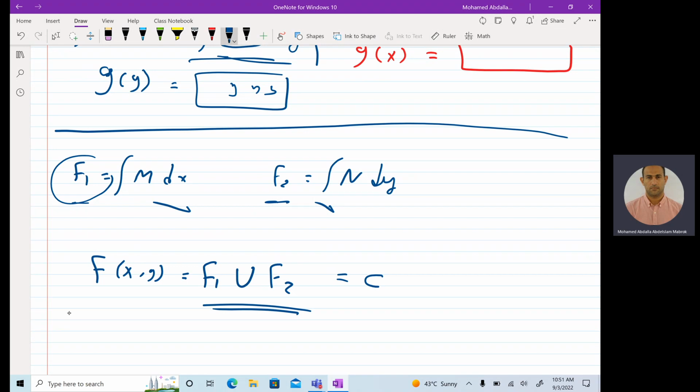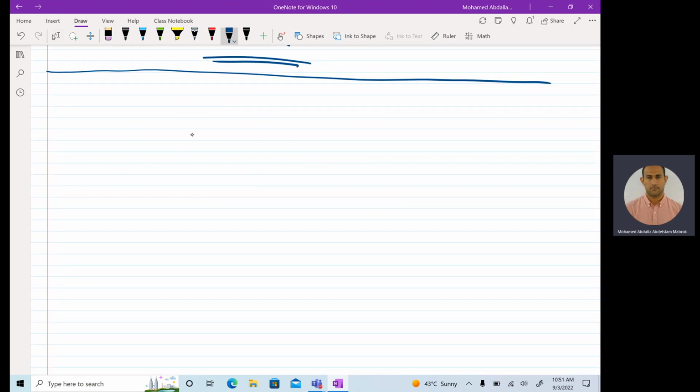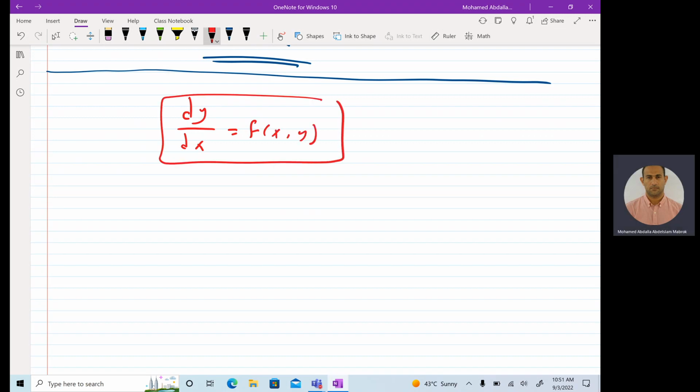We explained this in the lecture clearly, I guess. So this is the exact differential equation. Now, when we have a first order differential equation equal to f of x and y, so you're given a differential equation that has a first order derivative and a bunch of x's and y's, you should ask yourself here,